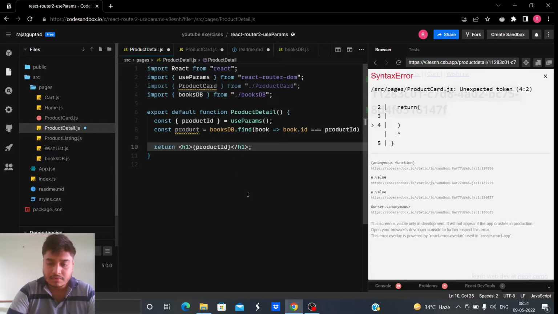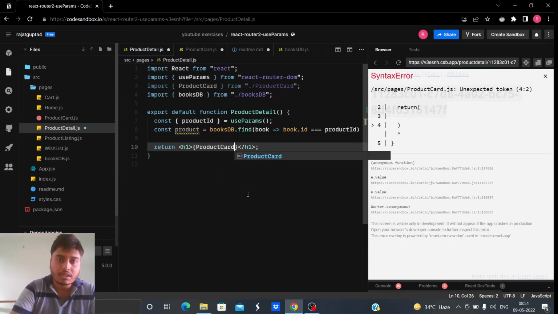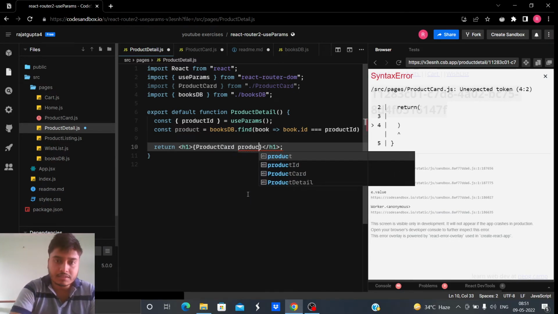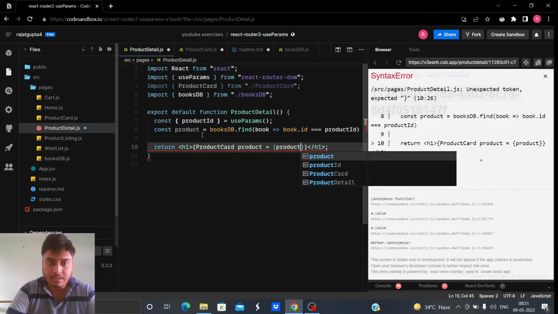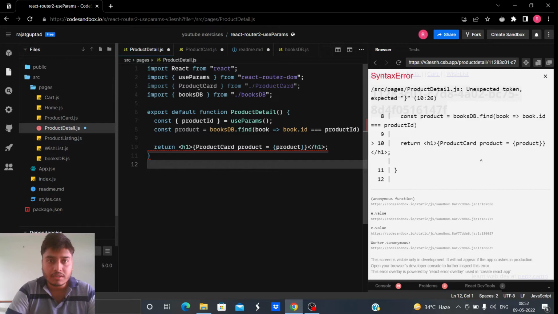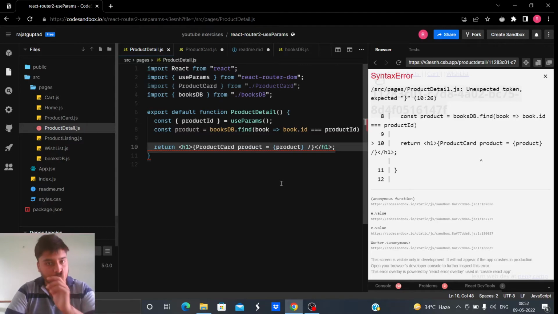Now let's do product card component, product card, and let's pass this as a prop. Let's say its product is equal to product. Don't get confused, this product is this product, no. Product card component, and yes, I am passing. Okay, sorry, I am doing something very wrong.